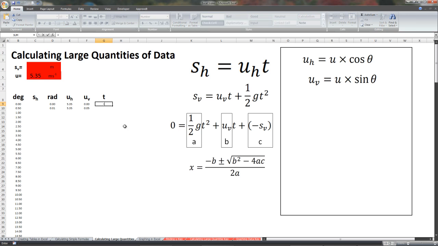Well, the first part of the quadratic equation says negative b. So if I look here, b is my initial velocity in the y direction. And so that is given by this cell right here, but it's negative. So I might click minus and then click on that cell because I want to use that velocity. And then I'm going to subtract the square root,